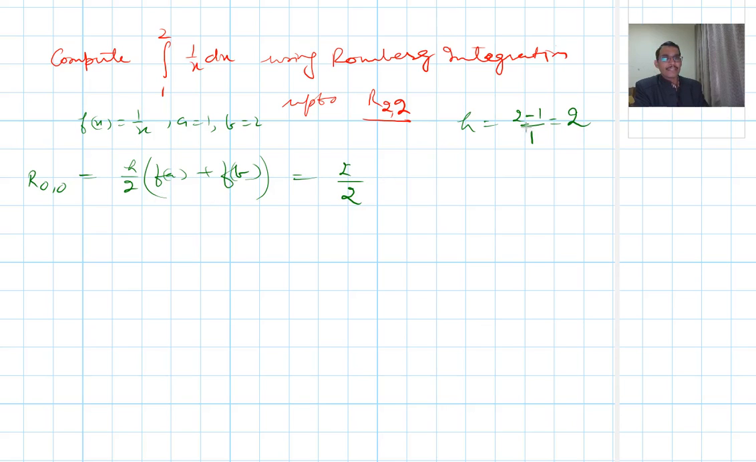H we are taking is 2 minus 1 by 1, so it is 2, and it is f of 1 by 1 plus 1 by 2, and this value comes out to be 0.75, right? Now